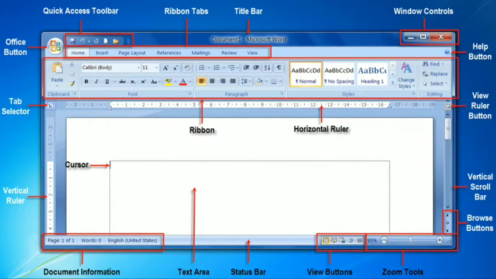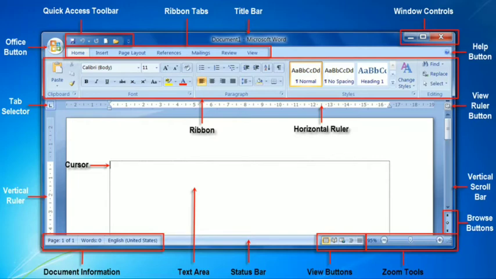Okay, at the topmost is the quick access toolbar, then the blue area, the ribbon and title bar. After that, in the right hand corner, the minimize, maximize and close buttons, that is the window control buttons. After that, downside, the ribbon is there.